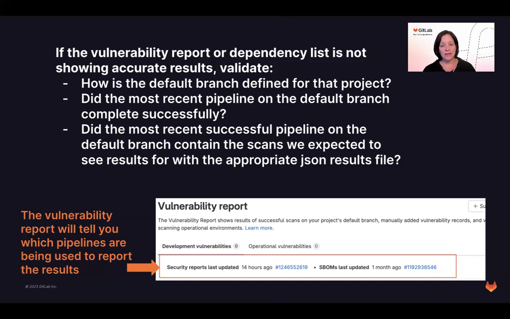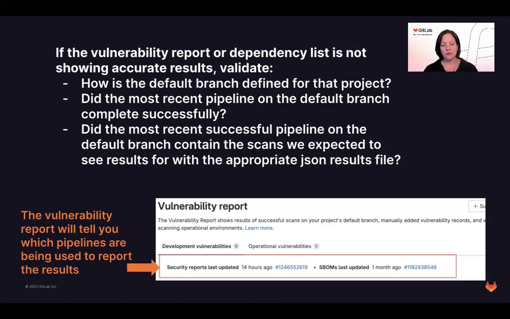And then when you look at the most recent successful pipeline on the default branch, did it contain the scans that we expected to see? Sometimes we have rules in place that different jobs run on the default branch versus jobs that run in feature branches. So we want to be careful about that.